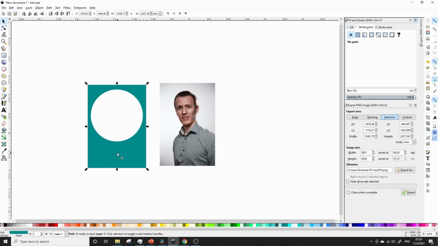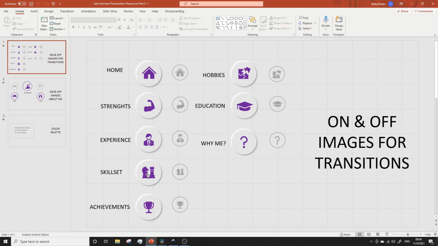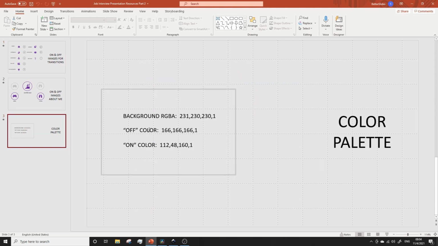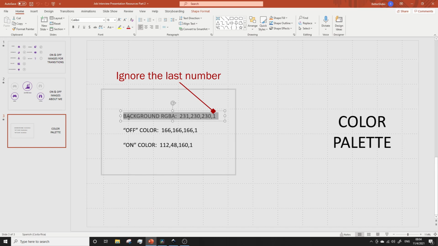Now, this frame is not supposed to be visible on our slide. So to hide this frame on our slide, we are going to paint the frame with the same color of our slide background. How do we do that? Go to the resources you downloaded from the Discord server and you'll find the color palette. As you can see, here we have the RGBA color code for our background. RGBA stands for red, green, blue, and alpha, and it's a standard way to describe colors. So let's go to Inkscape,